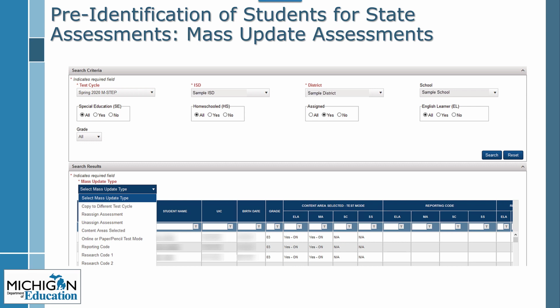One way that some schools have solved this potential problem is to create a test session that is called not testing or something like that, where they can put those students so that there is no test ticket printed out and therefore no reason for the test to be taken. Remember, accountability calculations are made based on MSDS enrollment data, not what's in the DRC Insight portal. So it is not an issue if you have students who are in the DRC Insight portal as not testing. If you need more information about how to use this screen, there are detailed step-by-step instructions available on the Secure Site training page at